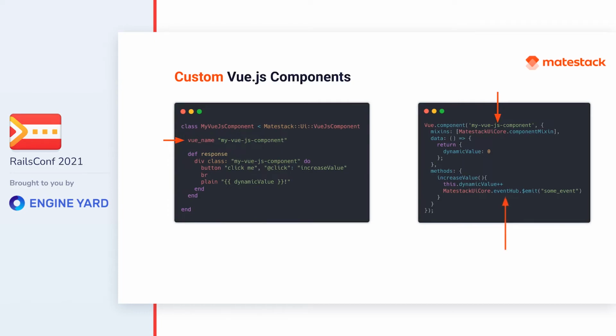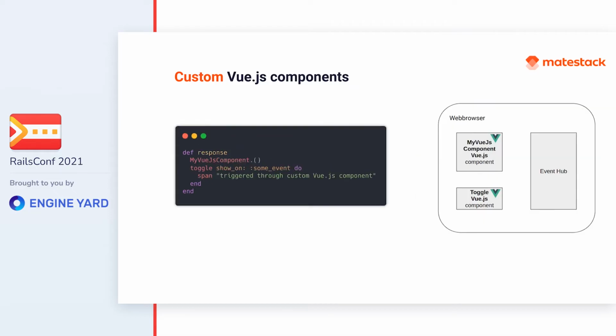Additionally, you might call the Event Hub API in order to communicate with other Vue.js components, either built-in ones or other self-made Vue.js components. Custom Vue.js components are used like all other components and can communicate with all other components through the Event Hub. In this case,